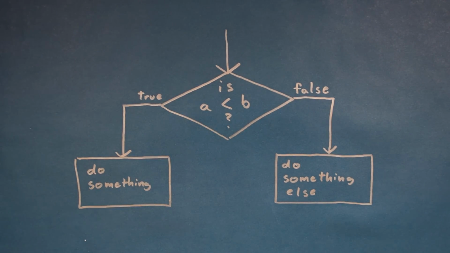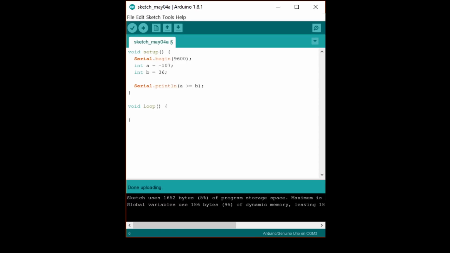Let's look at a real code example. Back in our program, remove the Serial.println line. Write if, open parentheses, a >= b, close parentheses, open curly brace. Serial.println, open parentheses, open quotation marks, true, exclamation point, close quotation marks, close parentheses. And then make sure you have a closed curly brace. This says that if the relational operation between the parentheses after if returns true or 1, then execute the code in between the curly braces.